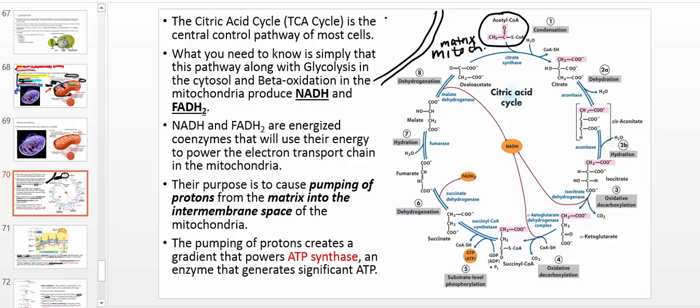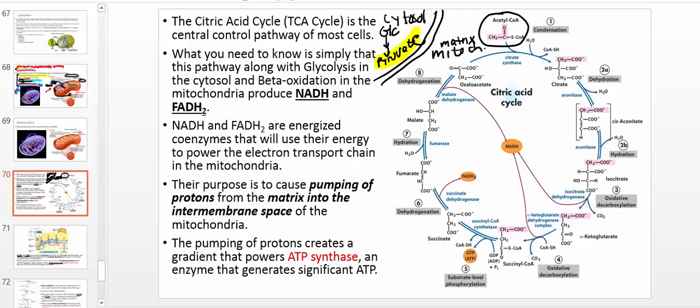Okay. Out here, I'm going to assume that this is the cytosol. And in the cytosol, we have the process known as glycolysis. So what will happen is glucose, through a multi-step pathway, will get converted to a molecule called pyruvate. Okay? Pyruvate's a critical molecule because